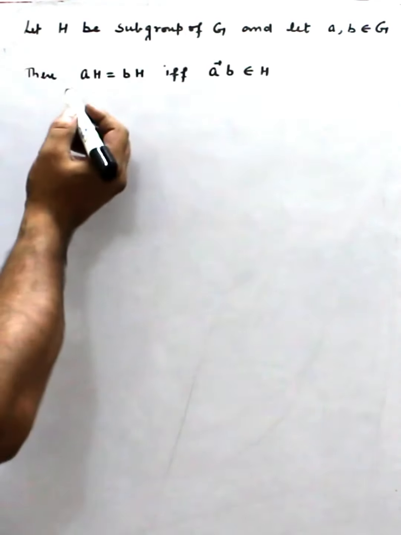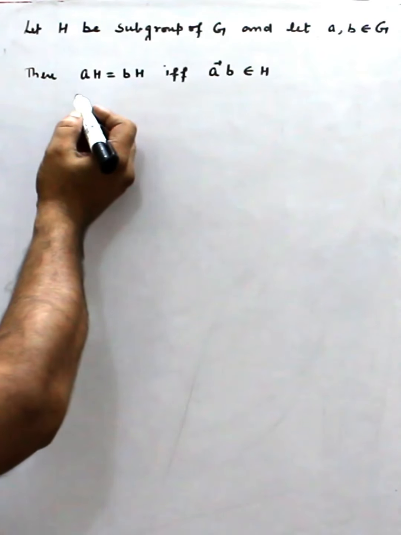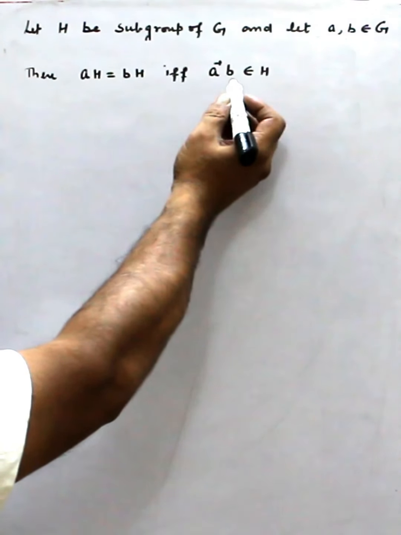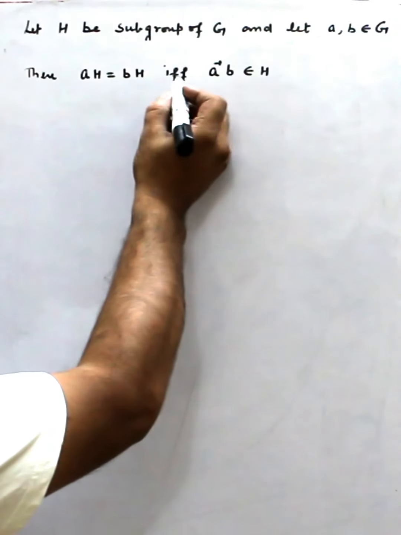Let H be a subgroup of G, and a, b belong to G, where G is the group. Then the left coset aH equals the right coset bH if and only if a inverse b belongs to H. Because it is if and only if,